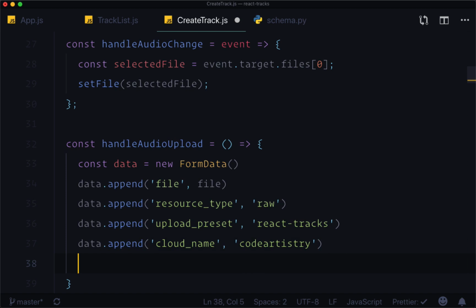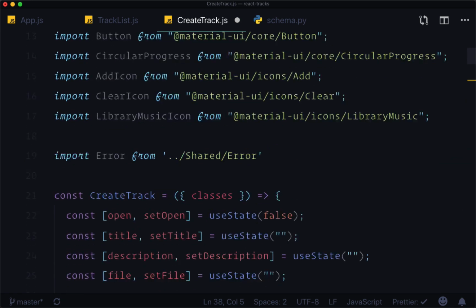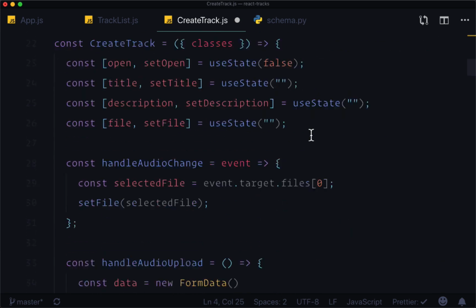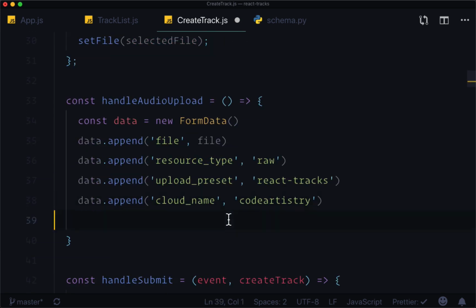And now we need to make the actual request to the Cloudinary API. And the way that we're going to do that is with the help of an HTTP client library. I'm personally going to be using Axios to make this post request. So to use Axios, you can up at the top import axios from axios. Then to make a post request with it, you just have to say axios.post, then provide the URL that you want to make this request to, and our full URL will be as follows: